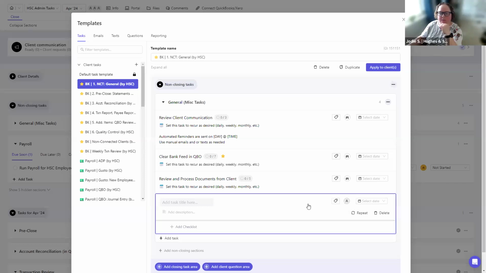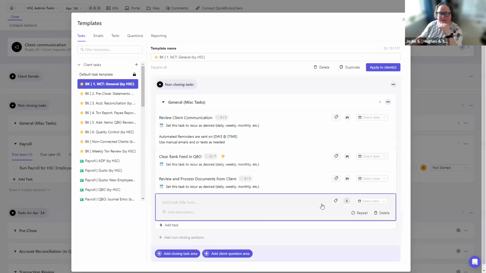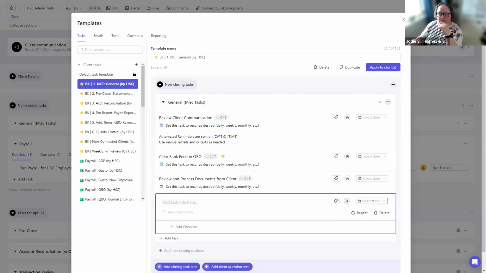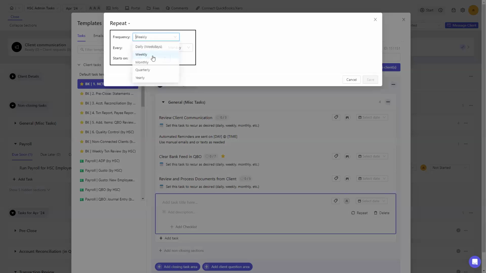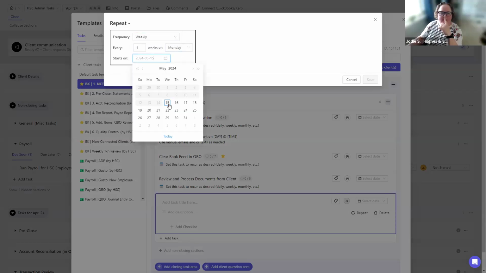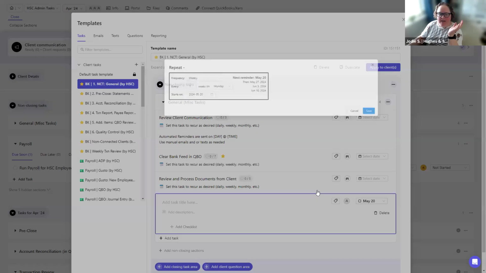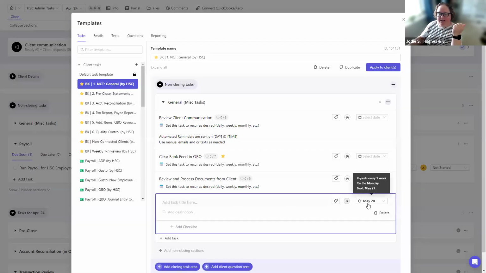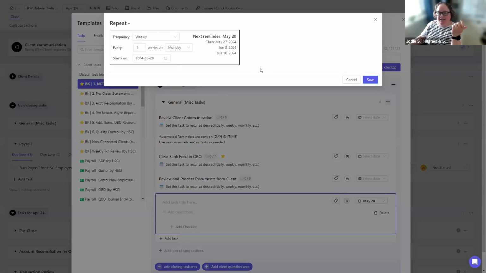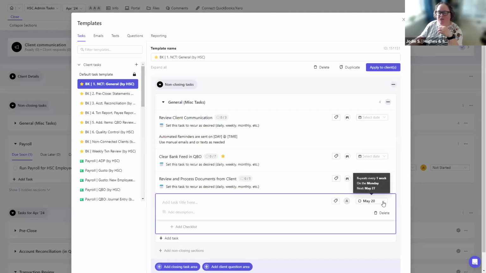One thing I want you to keep in mind, especially for those that are recurring tasks, we do not have a feature to remove recurring tasks yet. It has been requested. Remove the due dates. That's what I mean. Yes, sorry. Remove the due date. All good. So here's an example. I'm adding this task in. I have a recurring date. I can change this recurring date, but I can't remove it. So I can change how frequently it recurs, any of this information, and I can update that, but there is no way to actually remove that. So that is one thing to keep in mind until that feature comes